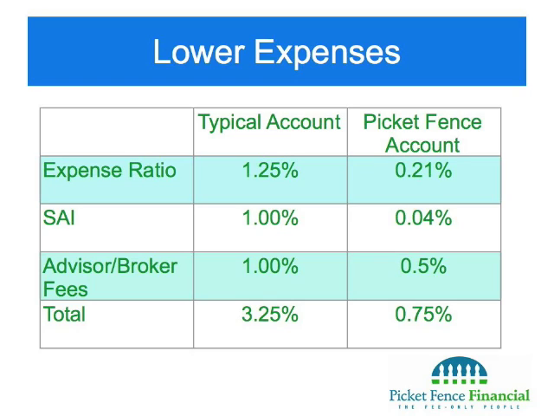The Statement of Additional Information is costs that they do not have to report on the prospectus. They're required to give you the prospectus, but they're not required to give you the SAI. These are fees that the broker pays or the mutual fund manager pays to the broker to transact. So every time they buy and sell a stock, they pay a brokerage fee just like you and I do. They don't have to report what those fees are.